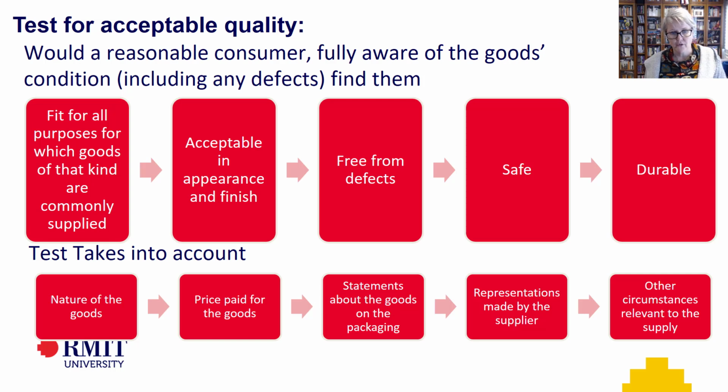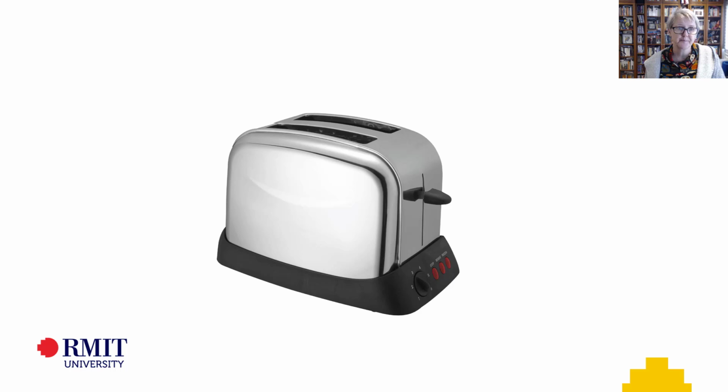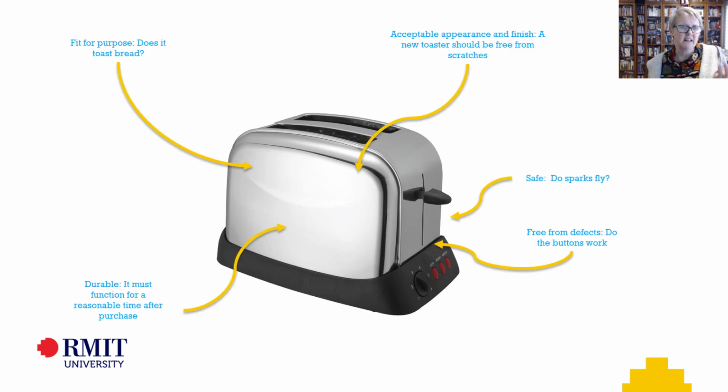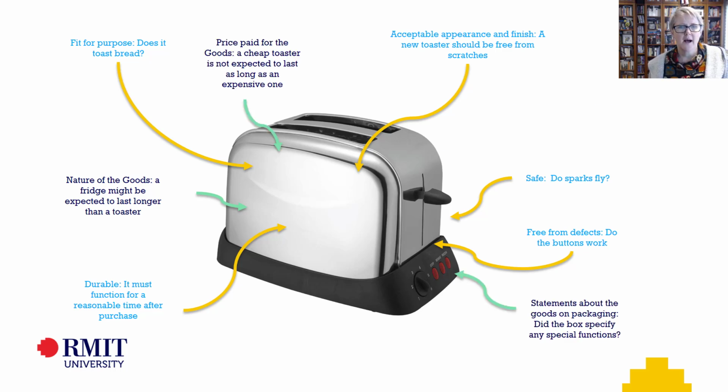price, if they're relevant, of the goods, any statements about the goods on their packaging or the labels, any representations made about the goods by the supplier or the manufacturer, and any other relevant circumstances relating to the supply transaction. So basically this slide here is really illustrating those points, the way that you think about what is the good, are the goods of acceptable quality, and what are the tests that we use